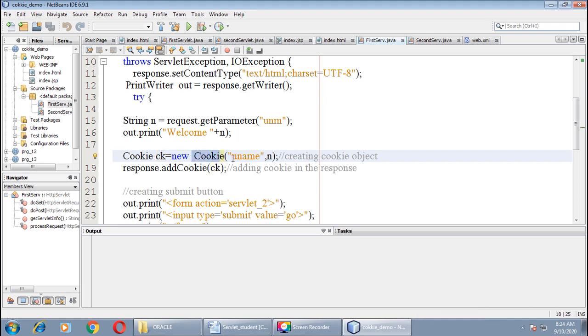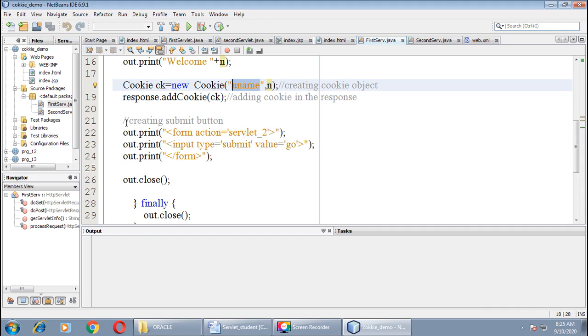Cookie, the name of the cookie is uname, and the value for this cookie is whatever we enter in our text box, which comes in n, and that value I want to assign to the uname cookie, right? This will create a cookie object with name uname and value n. Now response.addCookie(ck), adding the cookie in the response.